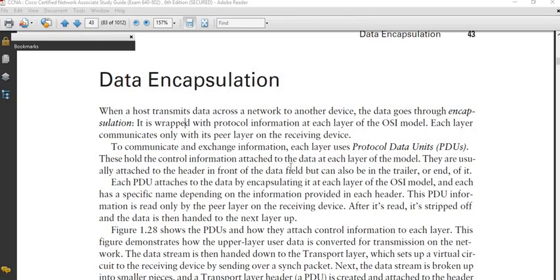Alright, so data encapsulation. Now we basically want to look at all we've discussed so far in a few topics in this chapter 1, everything that has to do with how the data is processed at the different layers of the OSI model. Remember, we mentioned that data encapsulation is the process whereby as the data is being handed down